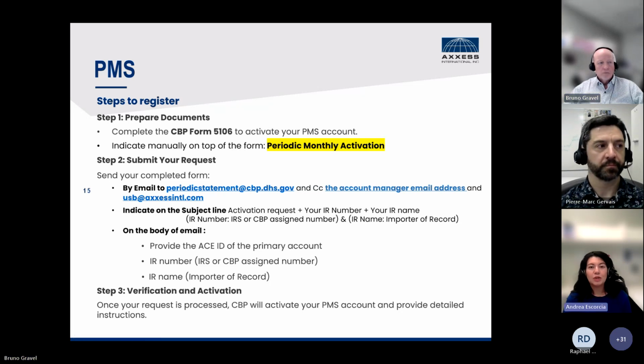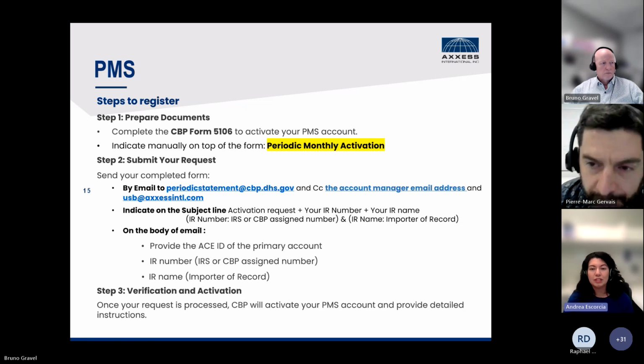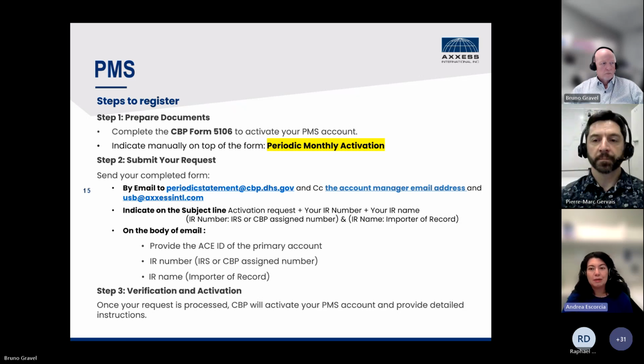For PMS, the first step is to prepare documents. So you will need to complete the CBP form 5106 to activate your PMS account. Please ensure to indicate manually on the top of the form periodic monthly activation. The second step is to submit your request. So please send by email your completed form to the following email and CC the account manager's email address, as well as